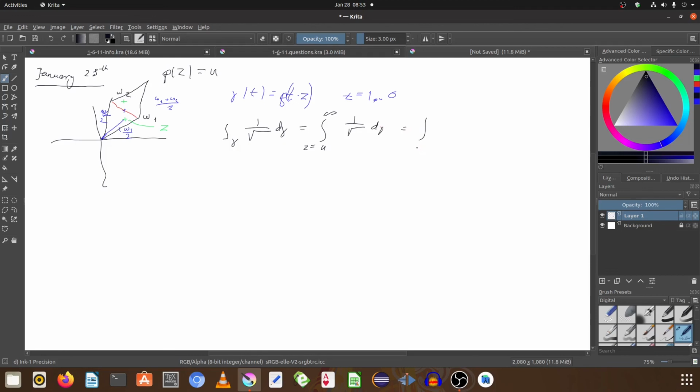So that's the integral from 1 to 0. And then the derivative of gamma, the derivative of the Weierstrass P function, times z dt,